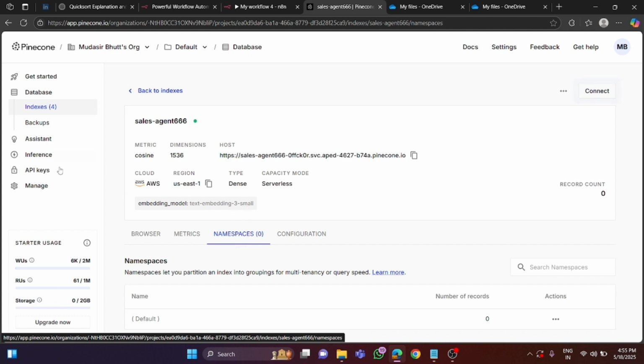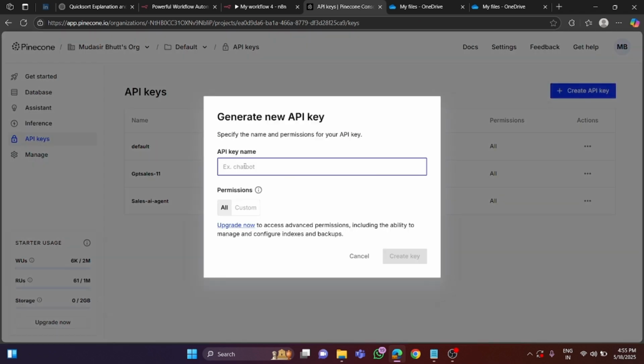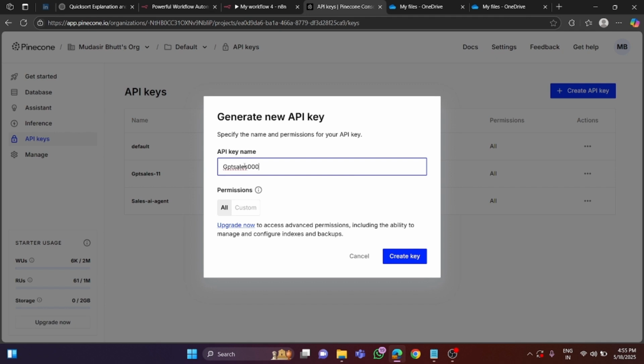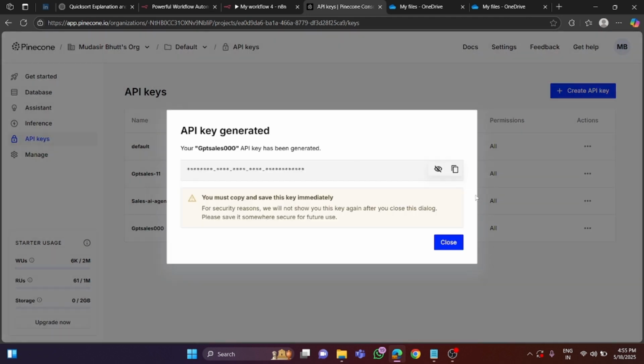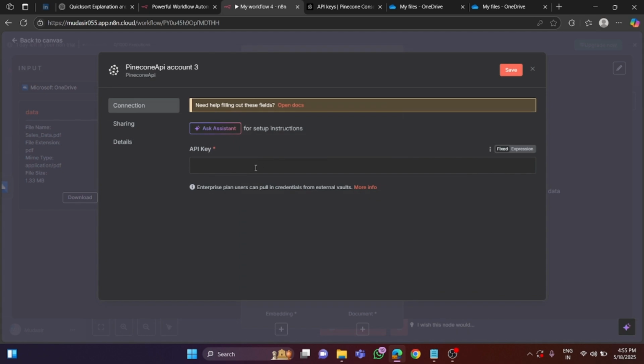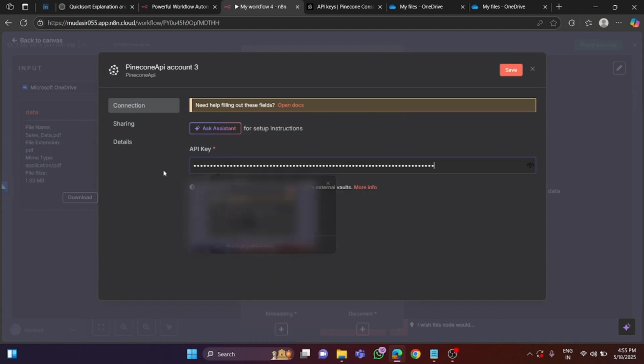Next, what you will do, you will click on the left hand side on this API keys, create your API key, give it a name. Suppose I would give it a name GPT Sales 0000000, then create it, and then copy this API key and then go to my n8n, and over here click on create new credential, paste it here, Control V, save it,